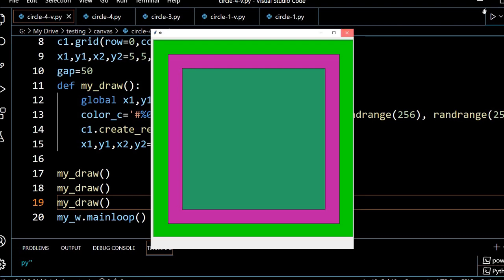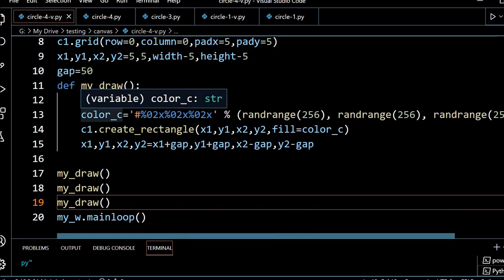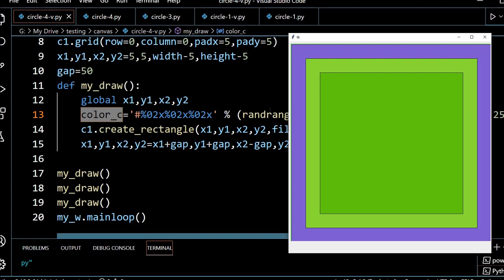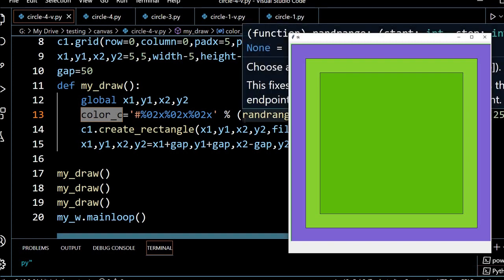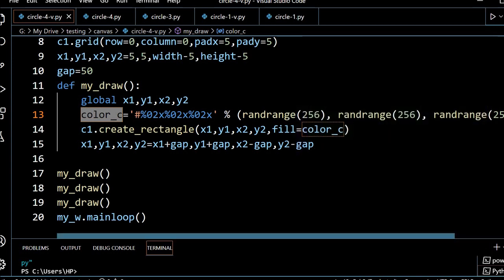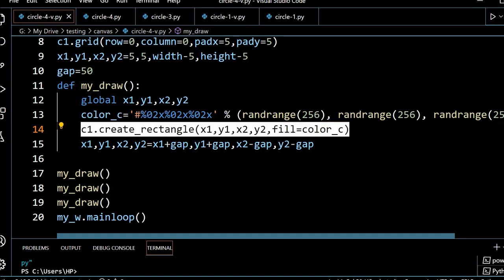Okay, now I close it and run it once more. It's a different color again, because every time this function returns, the color code is different. The random color is picked up, because this random number gives me a value from 0 to 255. In between that range it will give me a number. So the RGB value changes, and I get a different color. So let's close this.